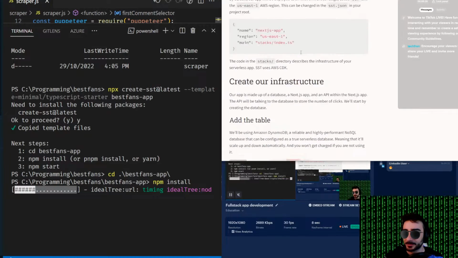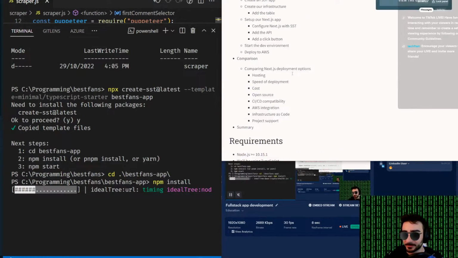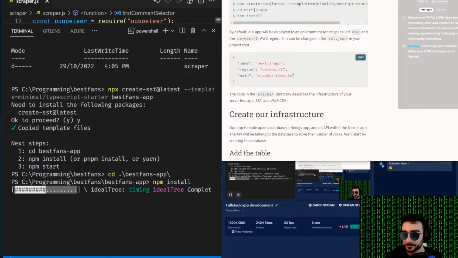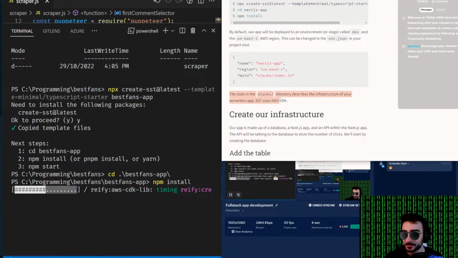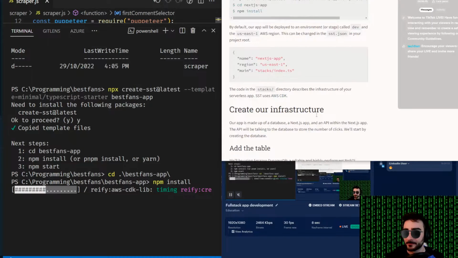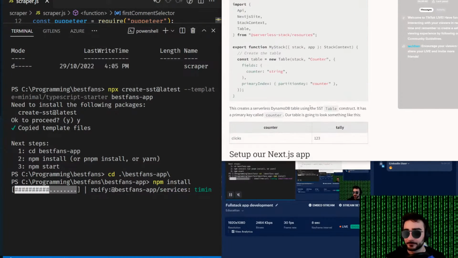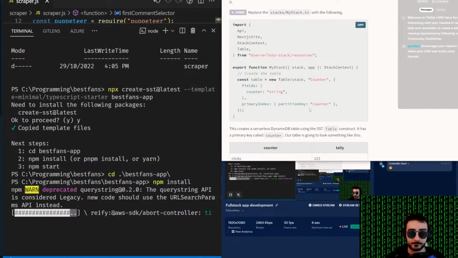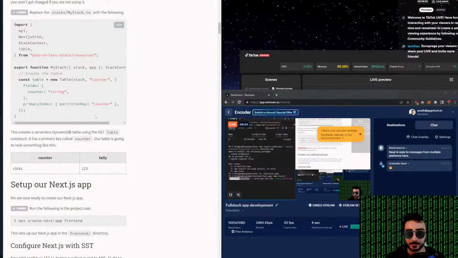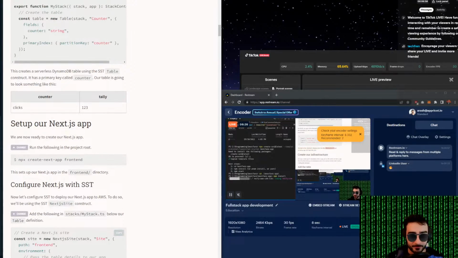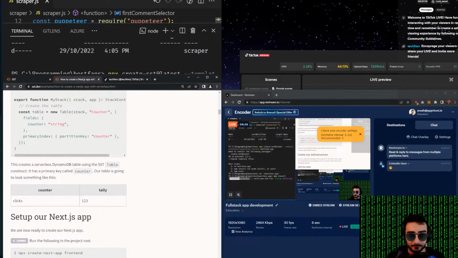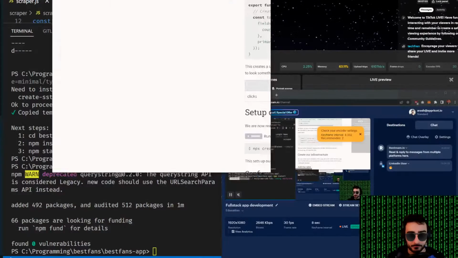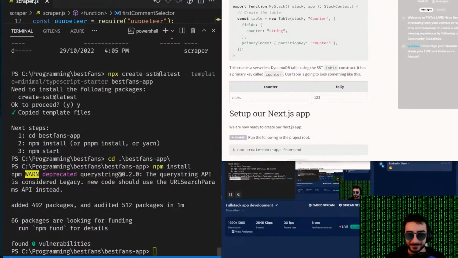Replace stacks, my stack. They said something here. Oh, did I skip it? No, okay. All good. Oh yeah, here. The code in the stacks directory describes the infrastructure of your serverless app. SST uses AWS SDK. So, oh, you probably can't see that on TikTok. Here. Oh, that finished anyway. Alright,